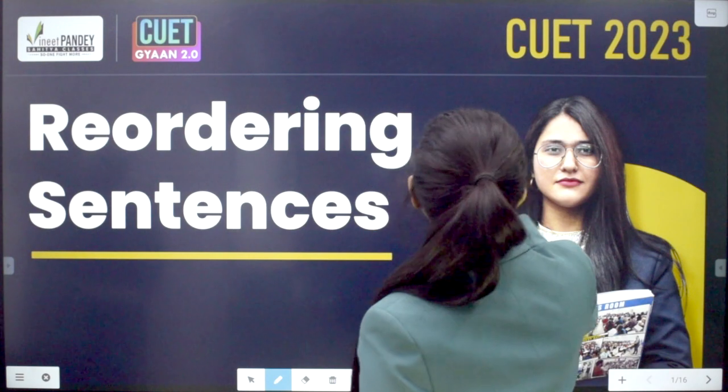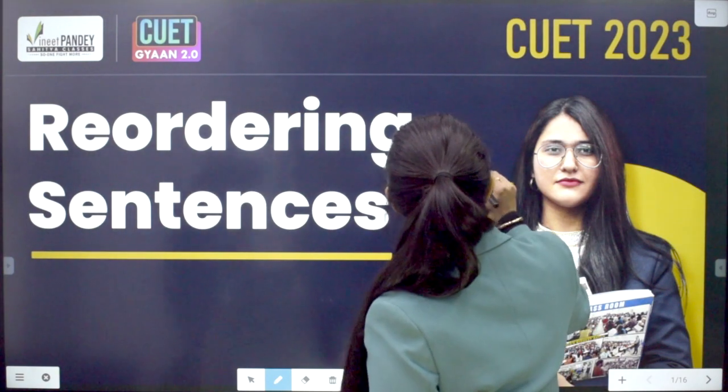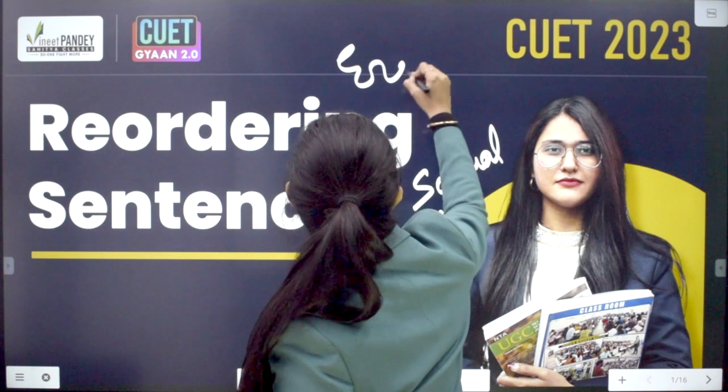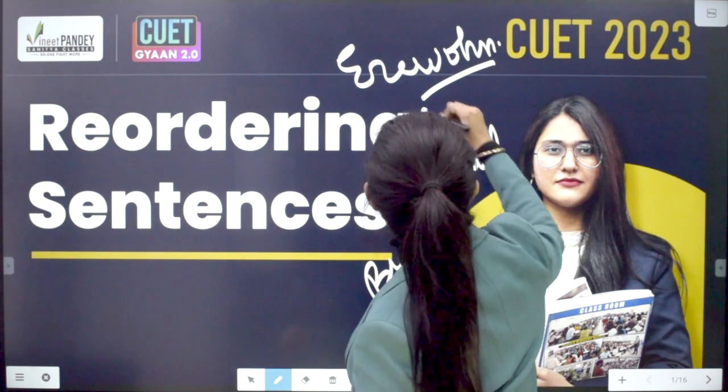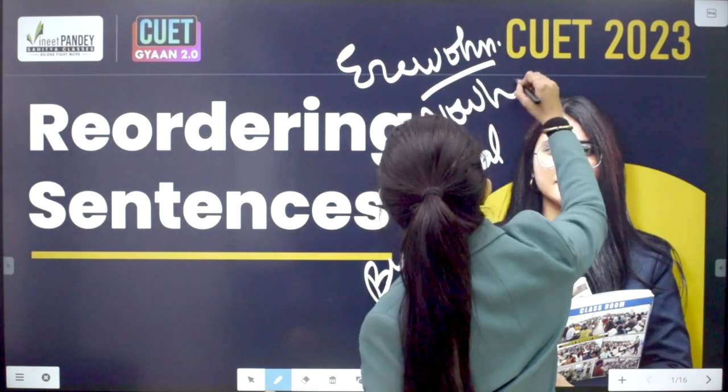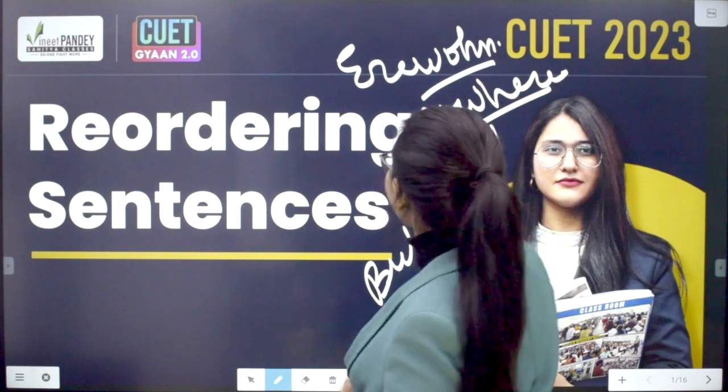So do you know there's a book Erewhon? It's by Samuel Butler. Samuel Butler has written a book, Erewhon. And if we arrange it, it will turn out to be nowhere. So hello CUETians, I am Diksha, and today, yes you are right, we will be talking about para-jumbling words